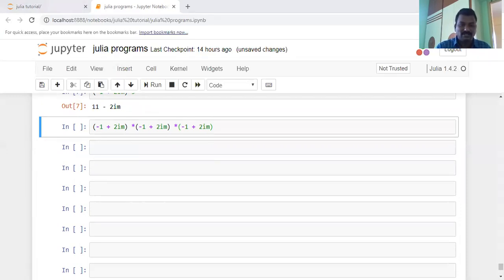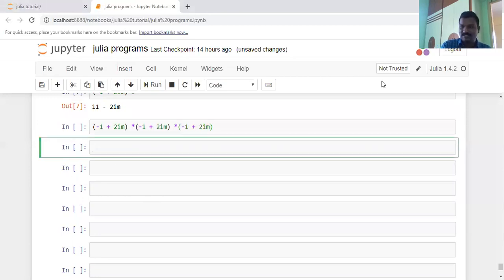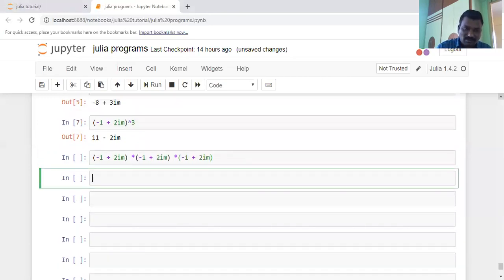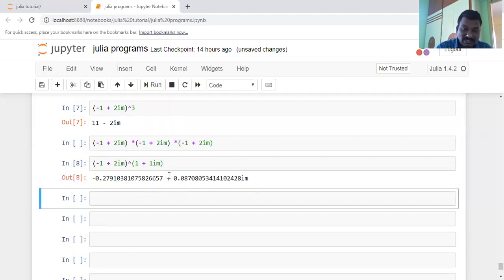But let us take two. Previously you had an idea about the power 2 of minus 1 plus 2i. Now I want to represent minus 1 plus im power minus 1 plus im, that means imaginary number power imaginary number. Here you also get the result. That means it also calculates a certain kind of value here. Here this comes to the relational number.